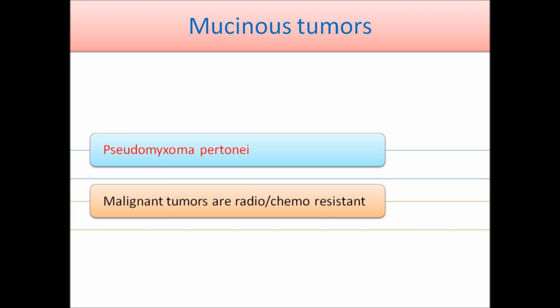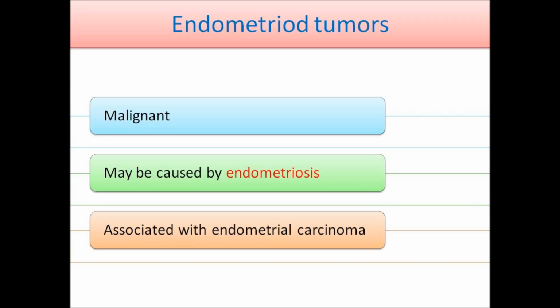Second point, which is a clinical point: mucinous tumors are radio and chemo resistant. This is important. And also, mucinous tumors need to be differentiated from metastases to the ovary, known as Krukenberg tumor, which I will discuss in the end of this discussion. Third type of